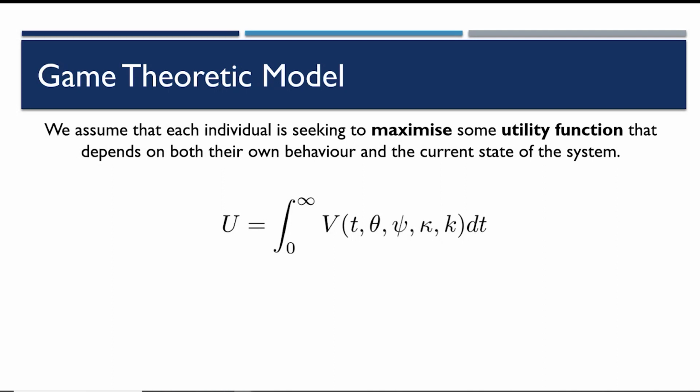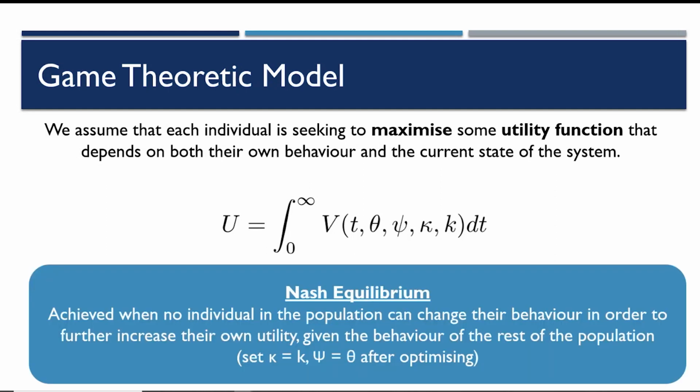In terms of the idea of rationality of human behavior, we just take the basic equilibrium in game theory known as the Nash equilibrium, which is achieved when no individual in the population can change their behavior in order to further increase their own utility, given the behavior of the rest of the population. So the idea here is that I have my own personal costs, my own personal utilities, and I'm going to optimize for them. Then we say everyone else is doing that as well,